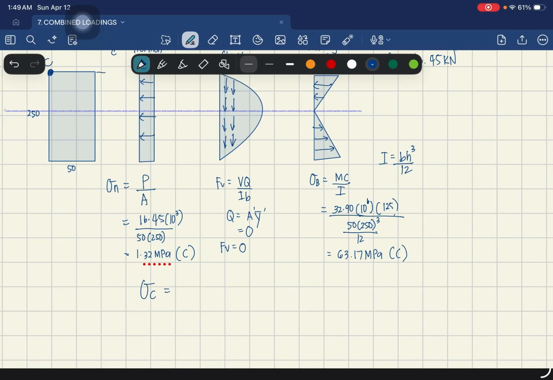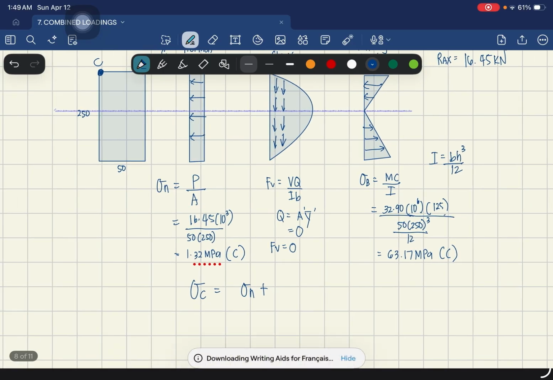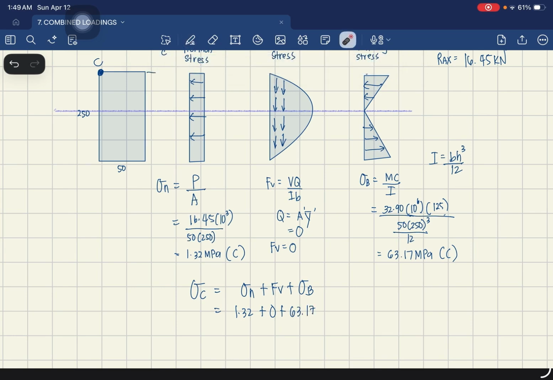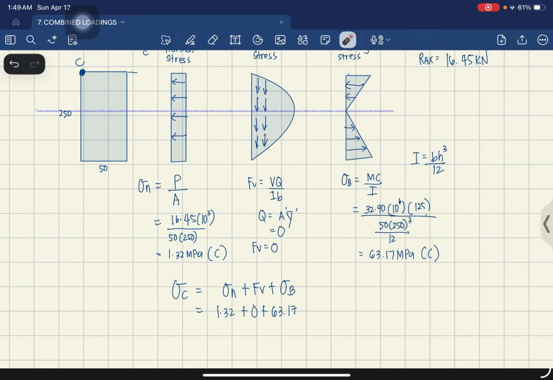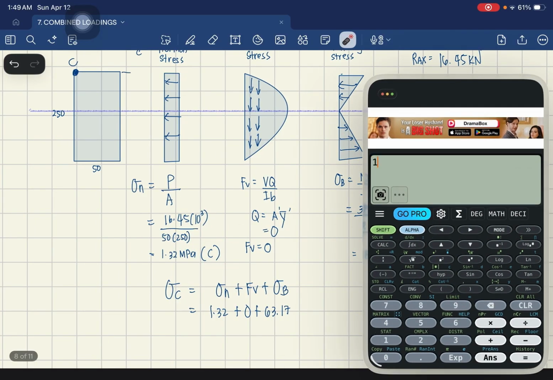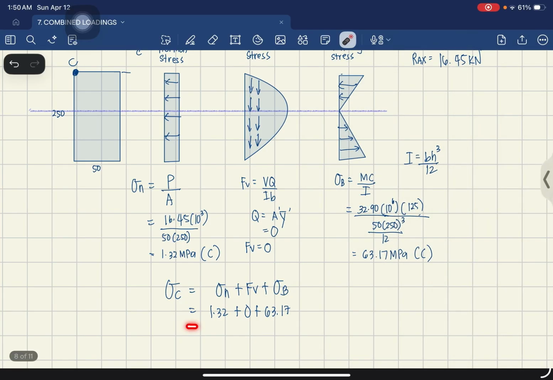Then, para makuha natin yung combined stresses at point C, kunin lang natin yung sum ng lahat ng stresses na nag-a-act dito sa cross-section natin. So, 1.32 plus 0 plus 63.17. Yun yung importante dito sa pag-determine kung compression siya or tension, kasi dyan depende yung sign convention mo. Pag compression po, negative talaga siya. Pero since same lang yung dalawa, kunin lang natin yung sum ng bending at saka ng normal stress. Then, saka na lang natin i-change yung sign nila. So, 64.49